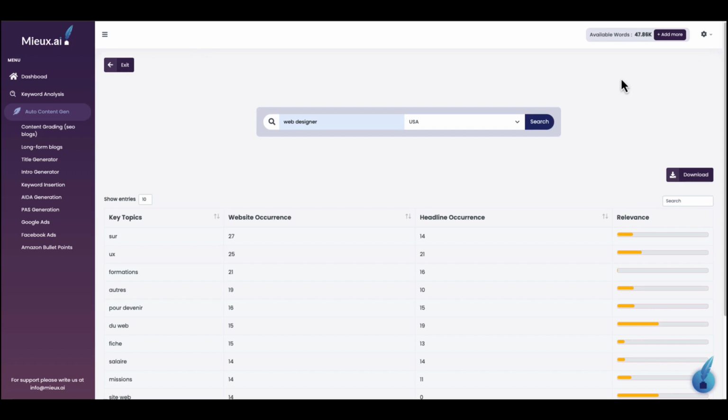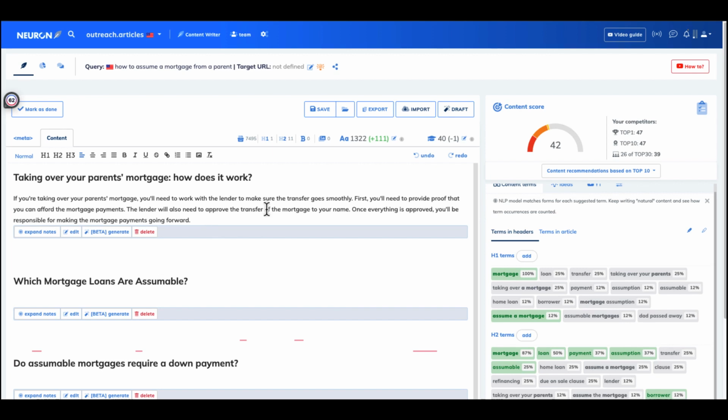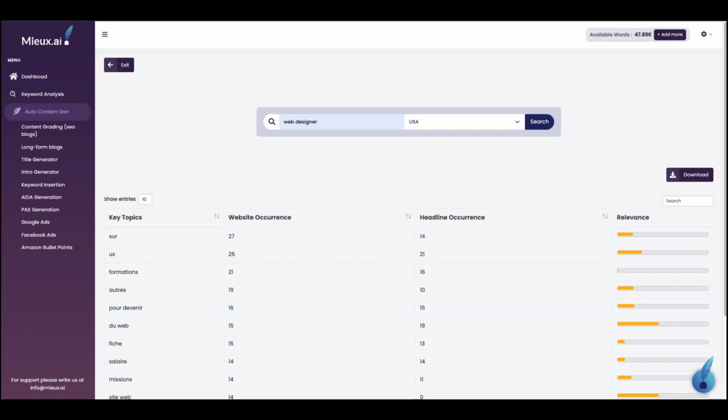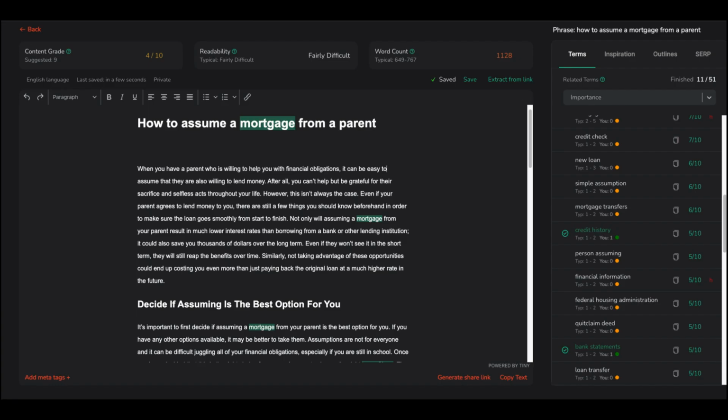Mieux, you know, we need to find the word for not better in French. The AI writer is definitely better in Neuron than Mieux. And again, Robinize does not have an AI writer currently. I don't know if they're ever going to head in that direction. I think the tool is great for what it does.